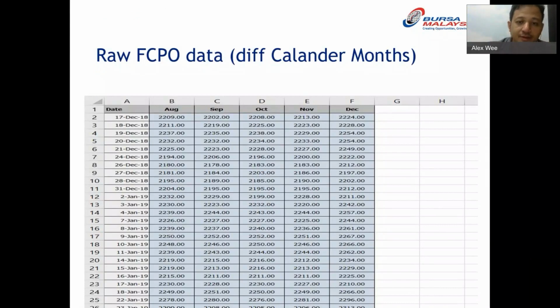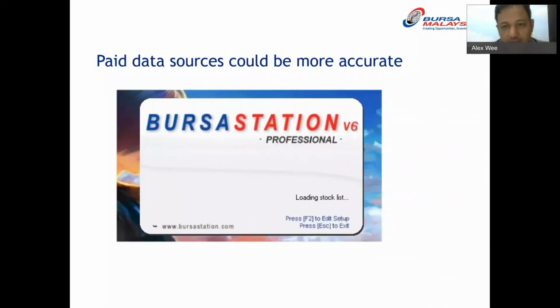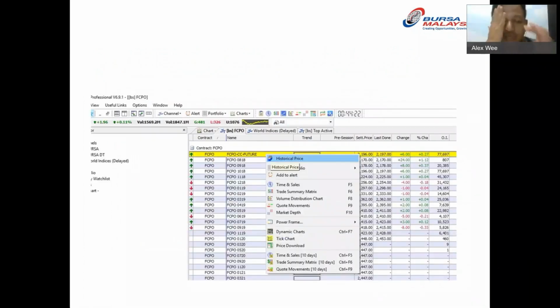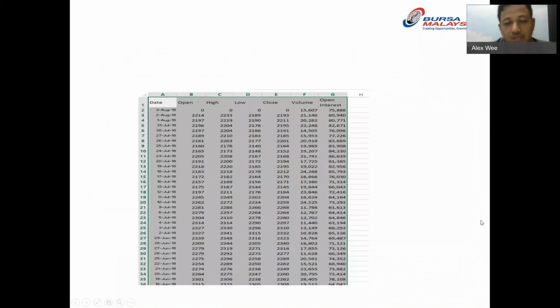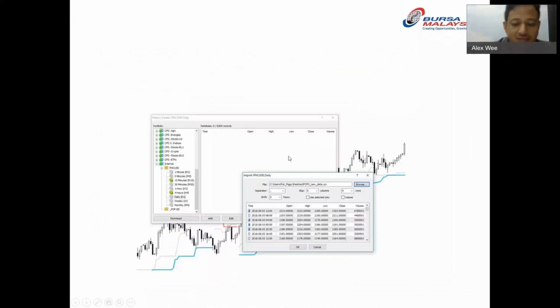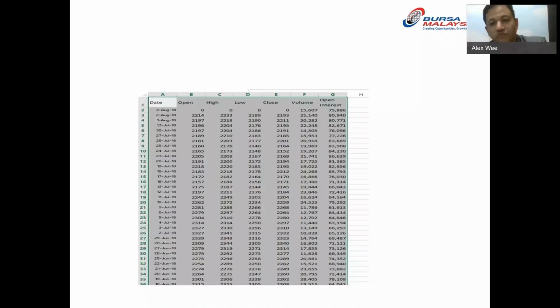I put them together. That is free data. Paid data, Bursa Station is a good example, where I think the data has higher chances of accuracy. You can copy and highlight this data and paste it into an Excel sheet as well: open, high, low, close. Same thing, you need to arrange them nicely according to different months.